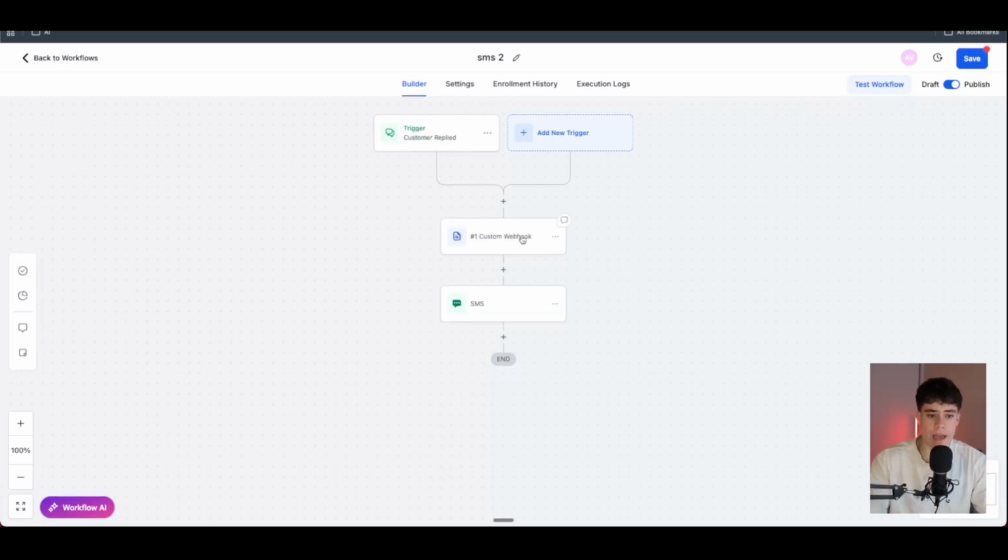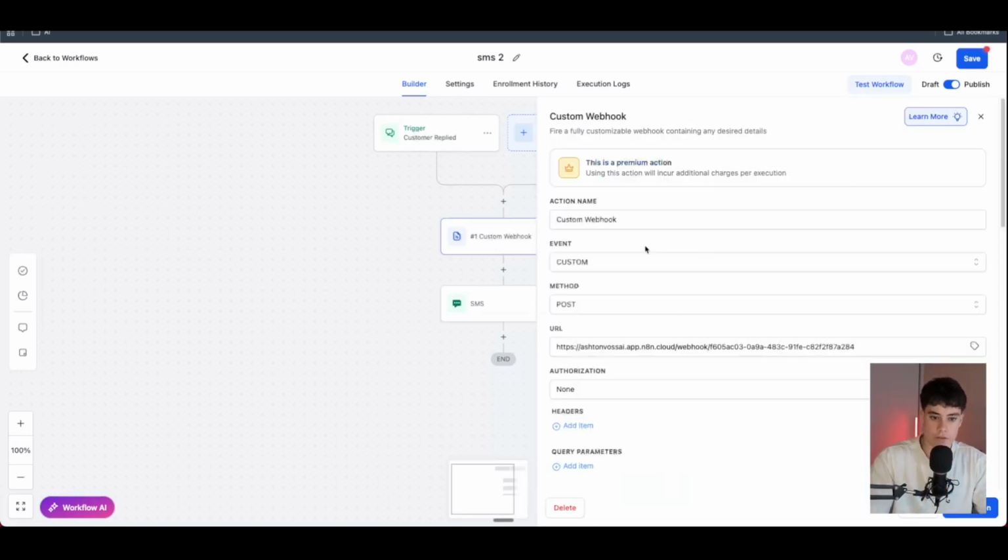And then from here, we have the webhook. So this is really important. This allows us to send data that we have from Go High Level to n8n. So if we come into here, we've got a few things. First of all, this is going to be a custom webhook right here. Obviously the event is custom. The method is POST. This is really important. Make sure it's a POST method. You don't want GET, PUT, DELETE. Just make sure it's POST. And then here, this is the